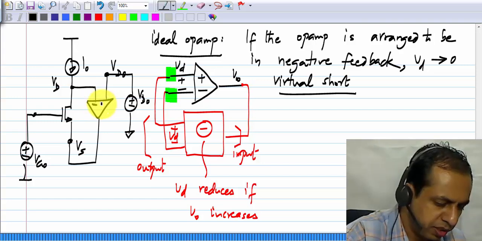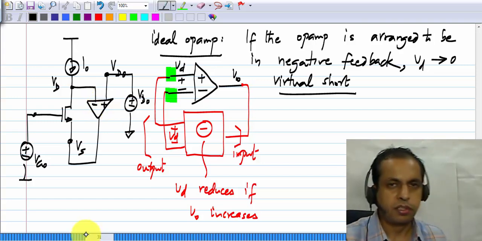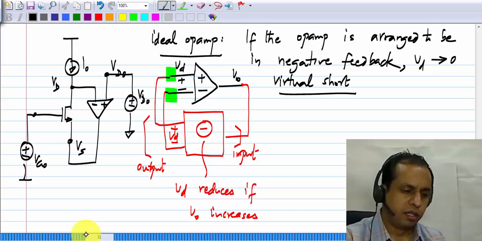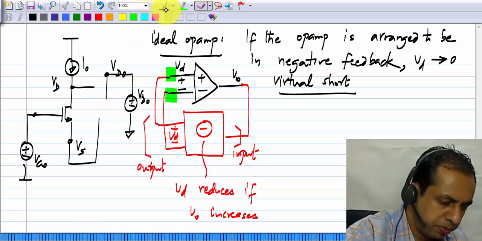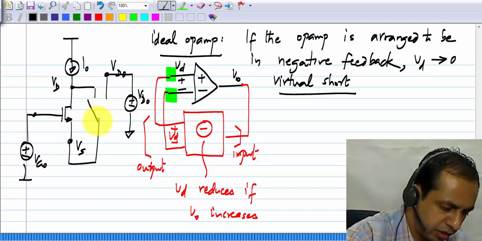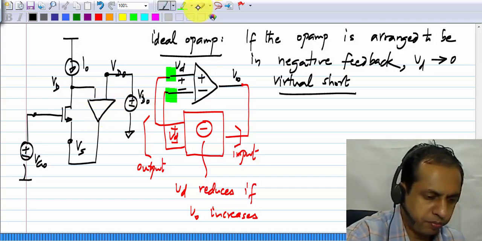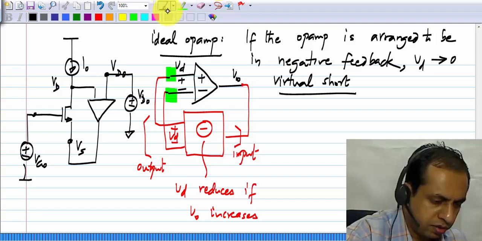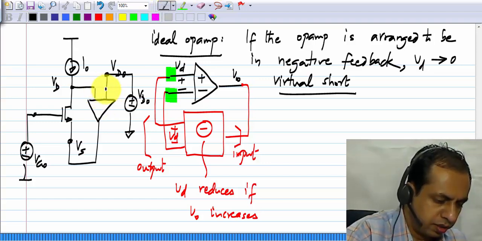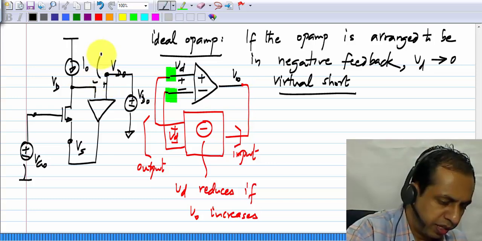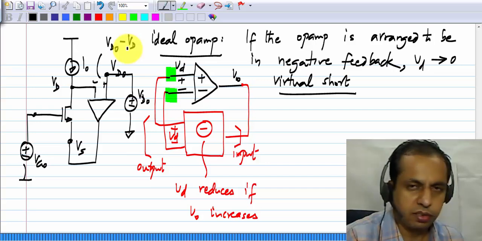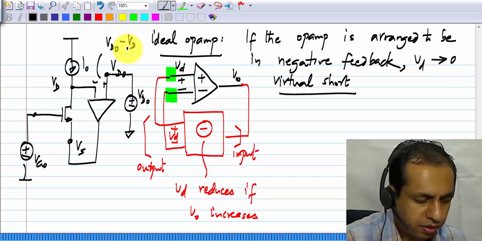So that tells you that the sense of the op amp must be like that. Now, going by what I described to you just about the op amp, the difference voltage in this polarity is Vd0 minus Vd,